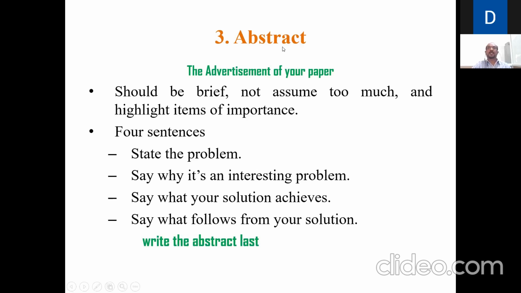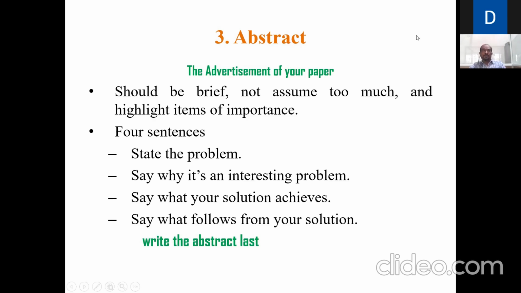The second one is the abstract. How are we going to write the abstract? The abstract is nothing but the advertisement of your paper. That is important. The abstract is going to advertise your paper and attract people towards it. So you should be very careful. That's why, when we are writing our paper, we write our abstract finally. Only after writing all the things can we understand all the technology and methodology in our paper. After that, if you write the abstract, it will be very catchy, and it will become a very good advertisement for your paper, right?